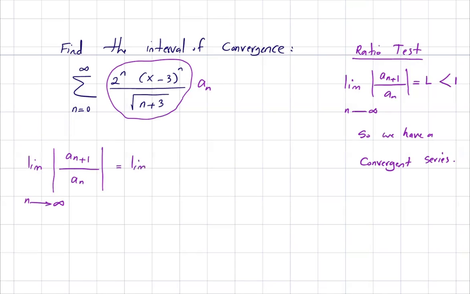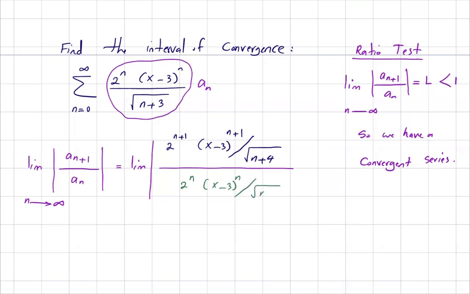So you get the limit of, on the numerator, 2 to power n plus 1 times (x minus 3) to power n plus 1, divided by square root of n plus 4. And on the denominator, you copy down your a_n. Let me use a different color for that. 2 to power n, (x minus 3) to power n, divided by square root of n plus 3, as n